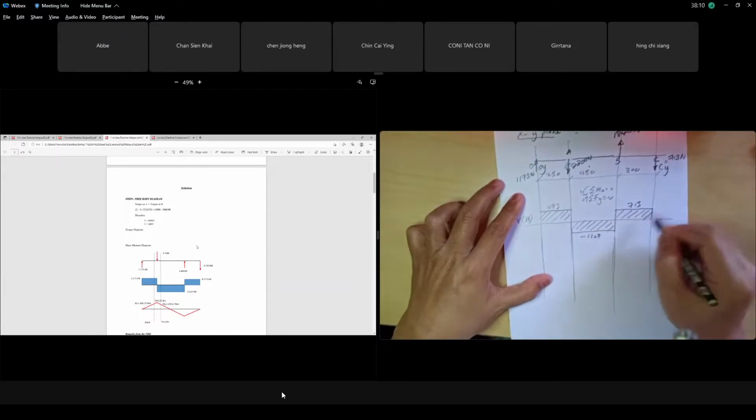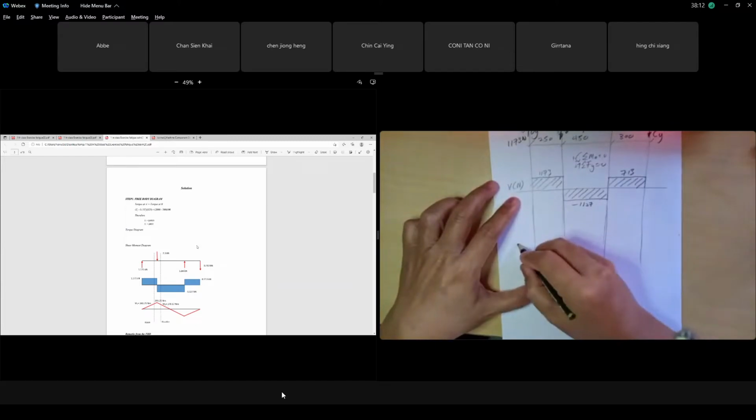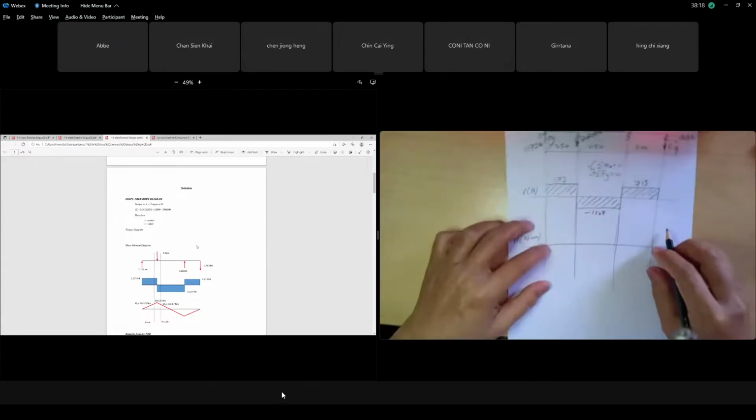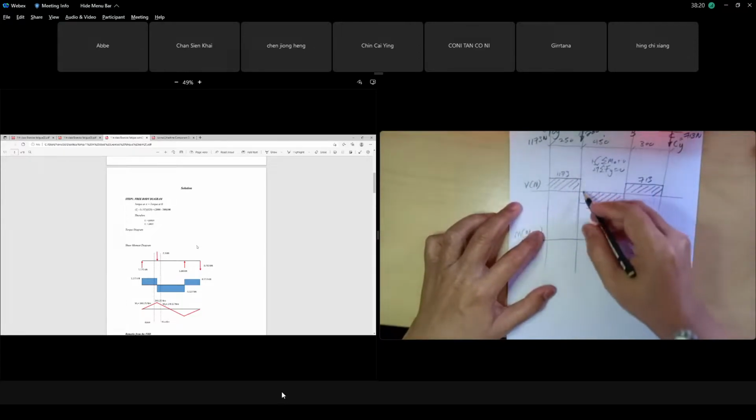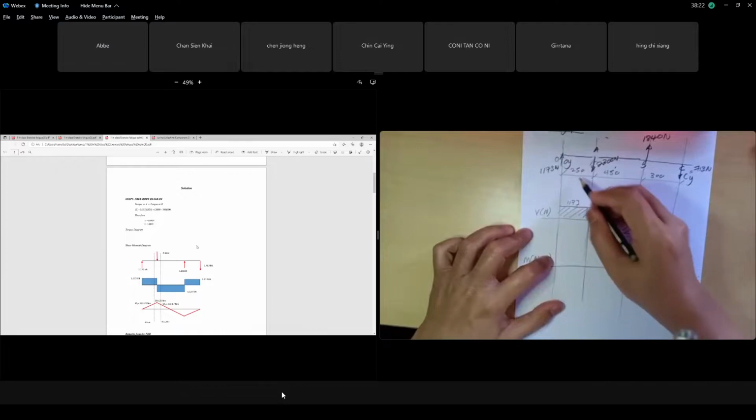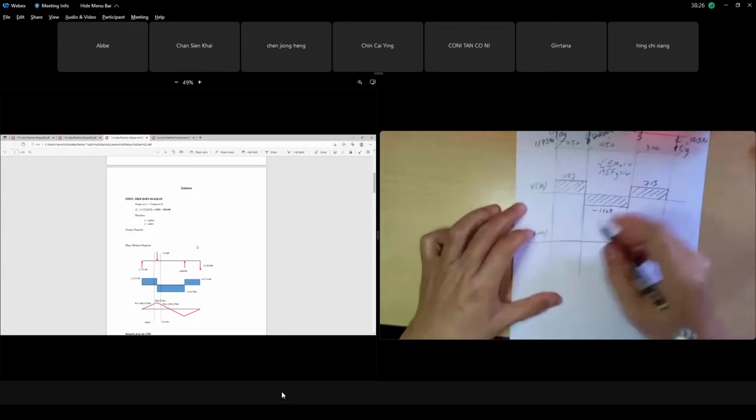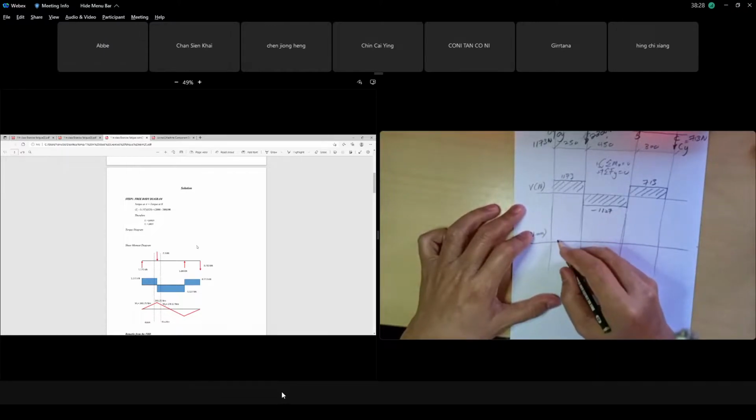Okay, now we go for moment. Moment in Newton millimeter. Moment is equal to the area. 1173 is your level times 250. So you got your moment here is